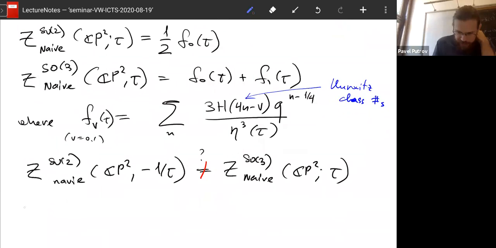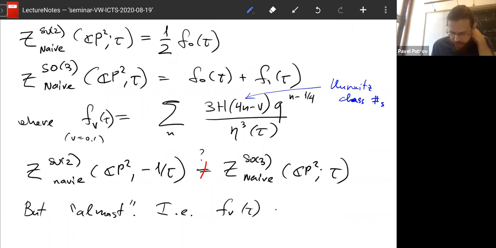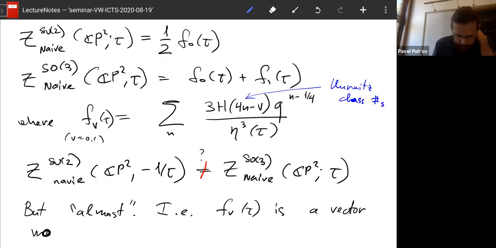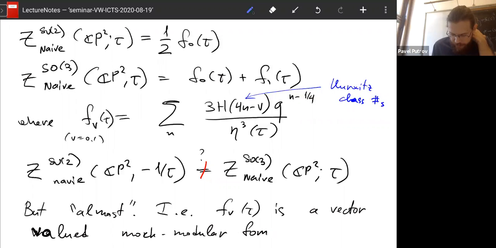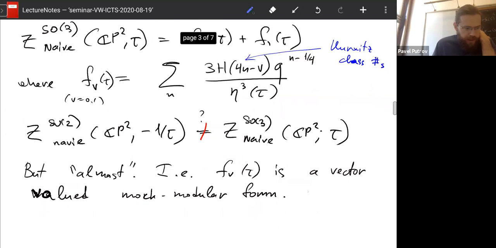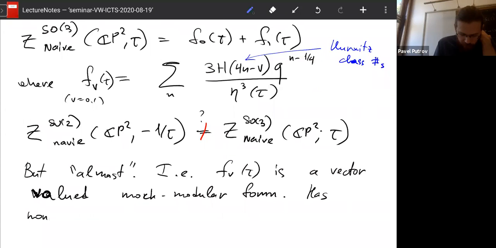But what one can say is that it is almost true. So what does this mean? Almost is that this F_V of tau is a vector valued mock modular form. It has a non-holomorphic completion,